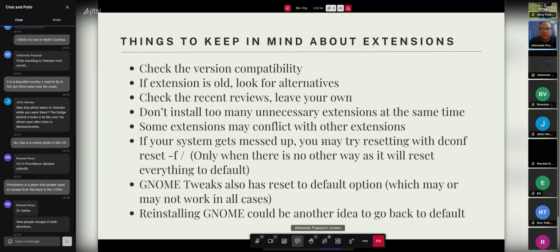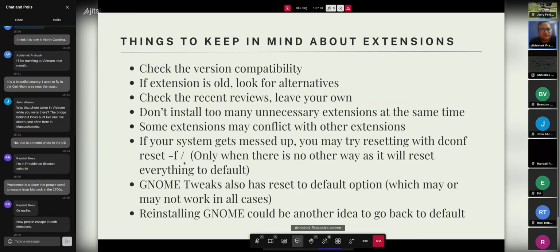Since you are changing the desktop behavior through third party extensions, it is rare, but it is possible that something goes wrong, there is some conflict, and then your GNOME desktop is a bit messed up. That means okay, some part of GNOME is missing, some system settings are missing, and then you feel like okay, there's something missing, but I do not know how to fix it. You shouldn't use this command very casually, but if you're desperate, you can use this dconf reset -f /